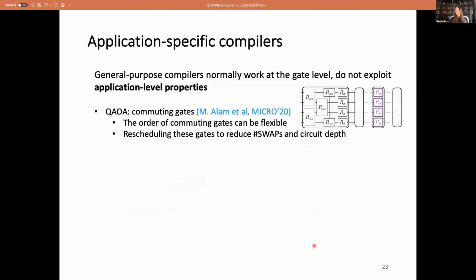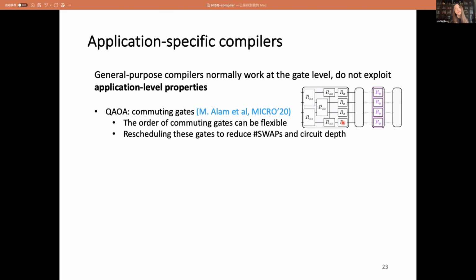So now we have learned general purpose compilers and noise-aware compilers. Both compilers work at the gate level, and they do not exploit the application level properties. For example, for the QAOA circuits, as shown in this figure, all the 2-qubit interactions are commutable.